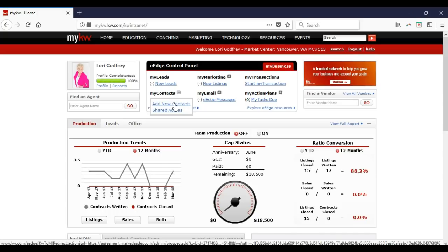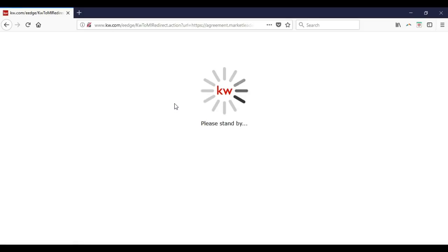Now remember, you can have as many contacts as you want, up to 15,000. 15,000 is the limitation of contacts you can have. But with that being said, with the contacts that you're utilizing, you can't have duplicate contacts. You can have multiple John Smiths, but you can't have multiple johnsmith@gmail.com. So once I click Add New Contacts on here,